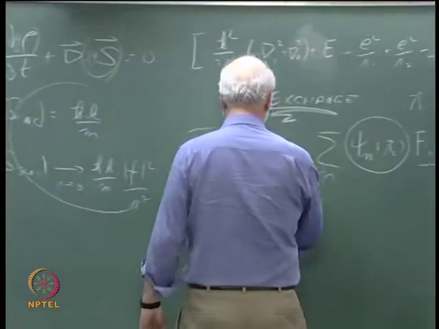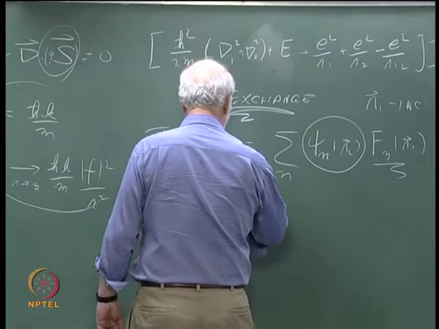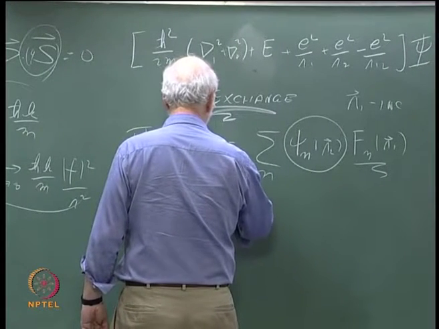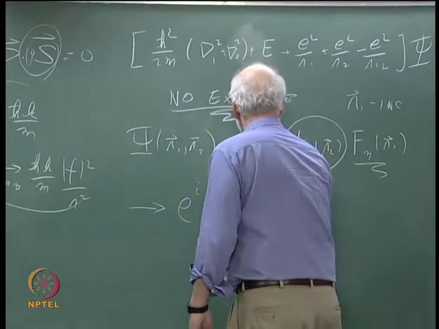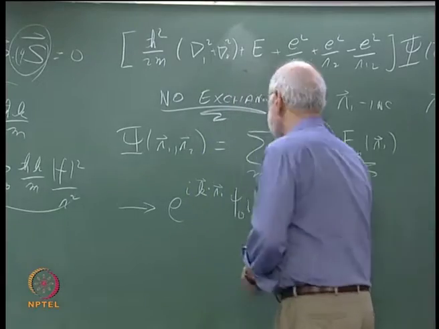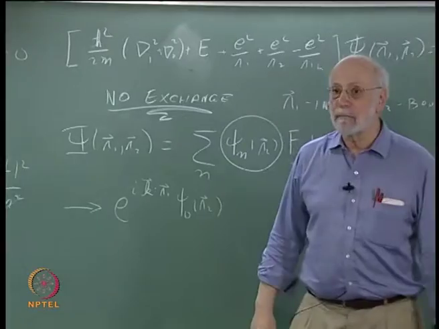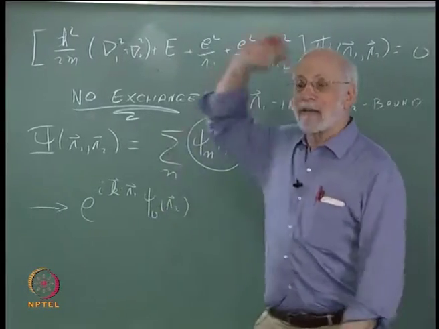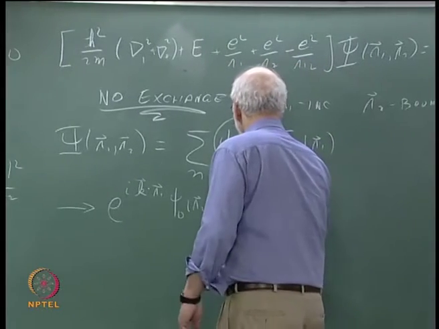It goes to e to the i k dot R1 times psi 0 of R2. This is a plane wave in the ground state of the hydrogen atom. That's what you had at infinity. Plus